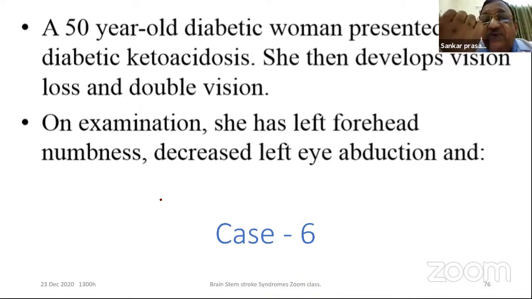There are four cranial nerves in the medulla, four cranial nerves in the pons, and four in the midbrain, with the third and fourth cranial nerves. Okay, so that rule goes. And now next is